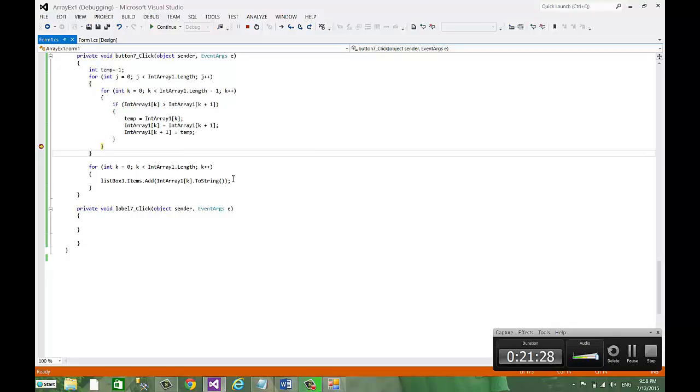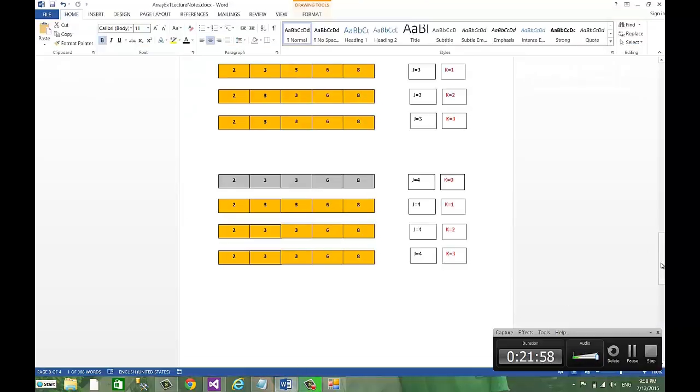This is also a problem that is going to become more and more problematic as the size of the problem, as the size of the array, increases. So this is an algorithm that does not scale very well, and you can improve it tremendously by changing this loop structure. I'm going to leave it to you to figure out a more efficient way to do this, and that's going to be the nature of